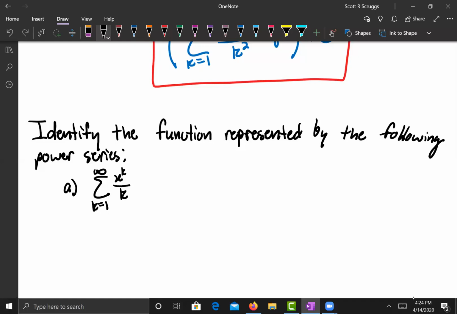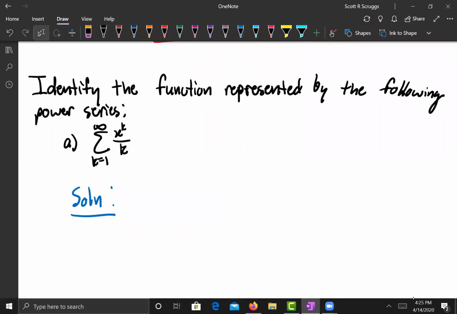And I'll do this one and let y'all work on another one to get the gist of how to do these problems. So when I'm asked to identify a function represented by a power series that I just see out of the blue, actually, for the sake of this example, let's call this series Joe. Let's say I see Joe walking down Tiger Boulevard, and he decided to chat with me, and I really want to figure out who he actually is. The first thing that I'm going to think of